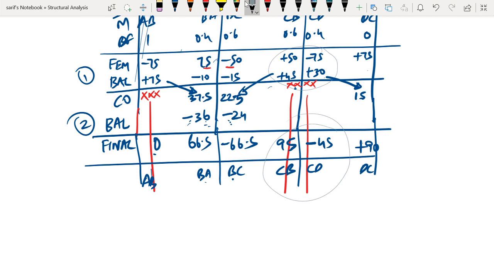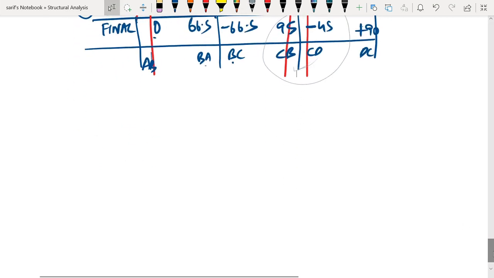So whenever there is a concentrated moment, there is going to be a jump in the moment values at that particular junction. We might have seen the same in shear force. Whenever there is a concentrated force coming, the shear force diagram will have a sudden rise or a fall. Similarly, whenever you have a concentrated moment, the bending moment will have a sudden change. So if you try to draw the bending moment diagram for this case, the bending moment diagram will be,